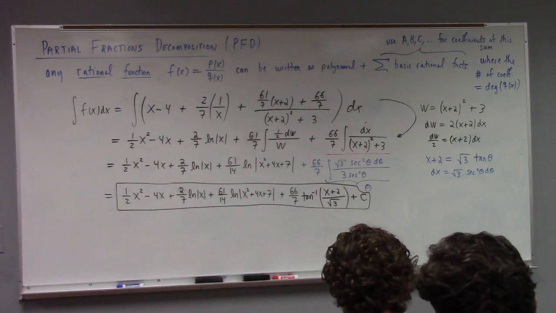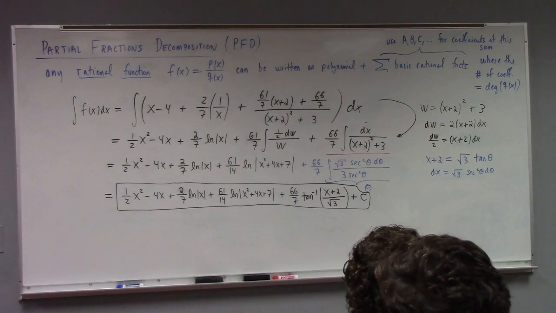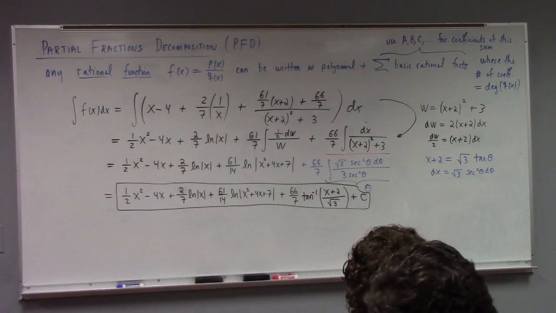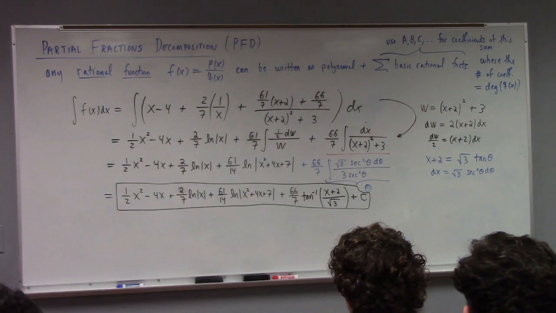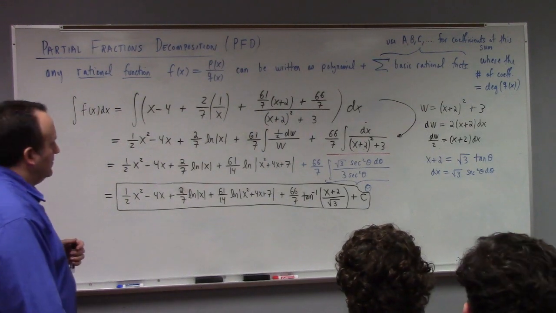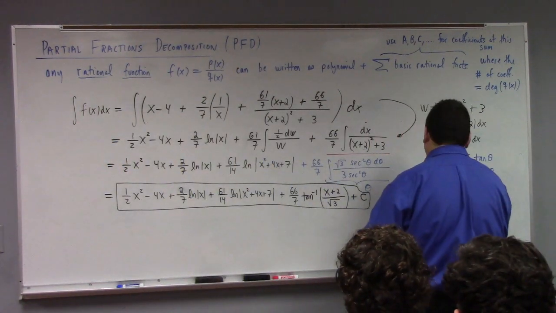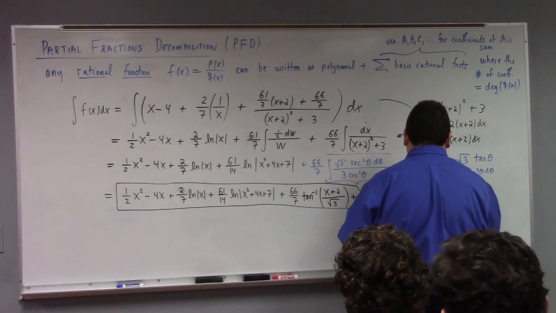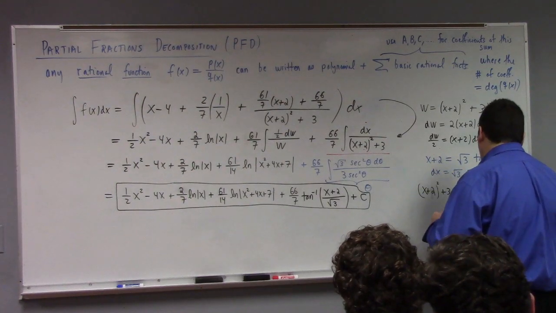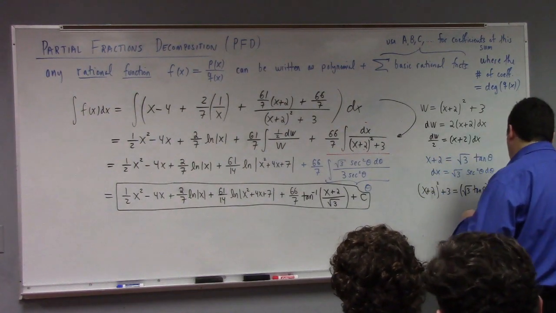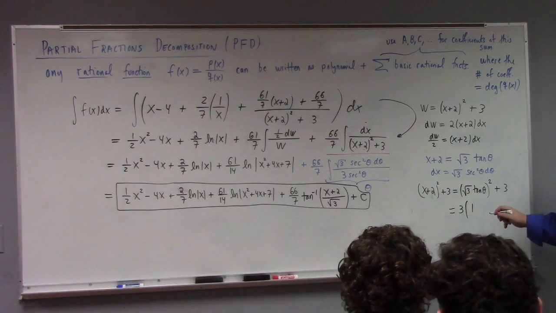What'd you do with the plus 3? Plus 3. Plus C. Oh, plus C? I added it to the end. Which 3 are we talking about? The dx over x squared, x plus 2 squared. Oh, yeah, it's the one step I didn't write down. So like x plus 2 squared, it's the trig substitution. X plus 2, the nice part here, so that's the square root of 3 tangent theta quantity squared plus 3. So we can factor that 3 out, and that gives us, and actually,